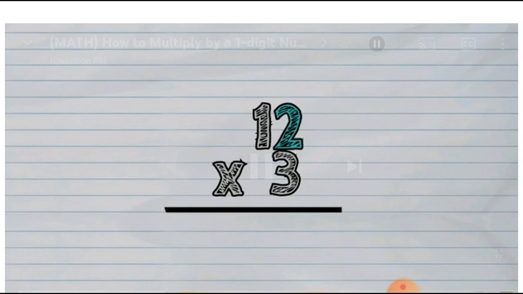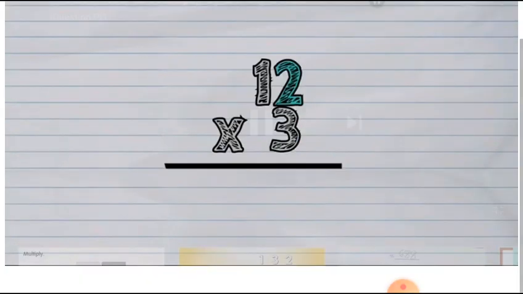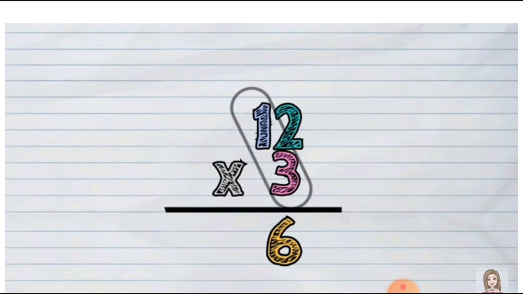Right? So 3 into 2, that is table of 3 up to 2, say first. That is 3 ones are 3, 3 twos are 6. So down here you can write the number 6. Okay. Now the next step is 3 into 1.